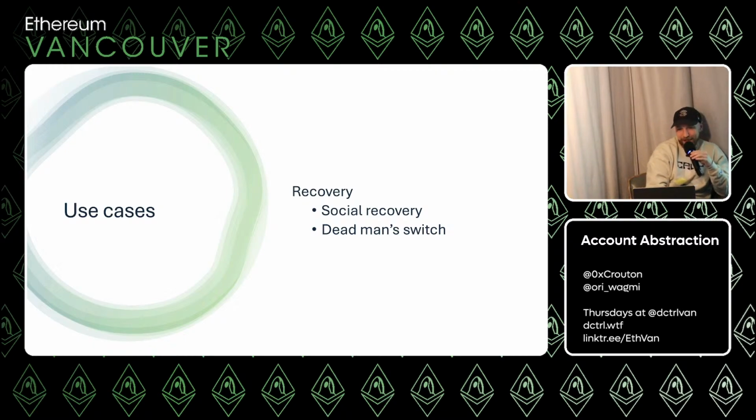We can do even fancier things. For example, if your friends suck, you can have this delay mechanism built in. So if your friends suddenly try and recover your account, like they try to screw you over, in that case where your friends have the ability to restore your account, there can be some kind of delay, and then you get maybe a notification, and then you have a week as the owner of this social recovery mechanism to approve or deny that.